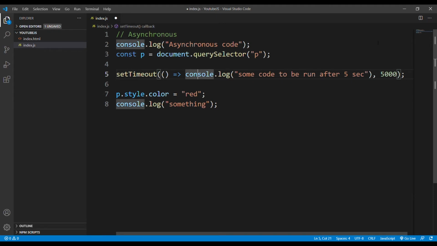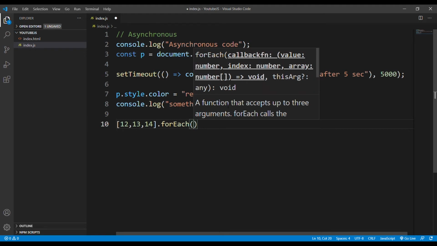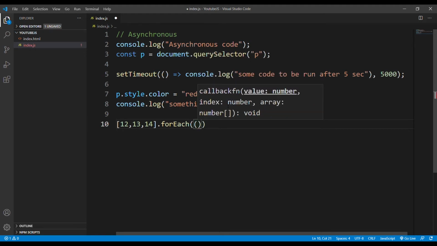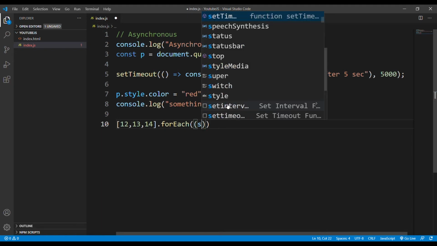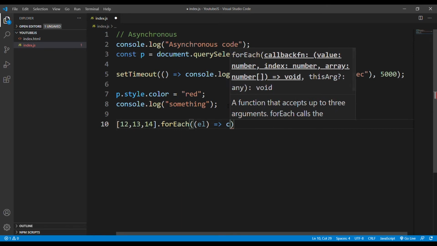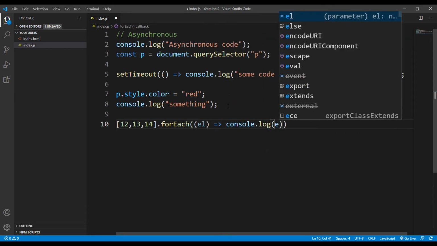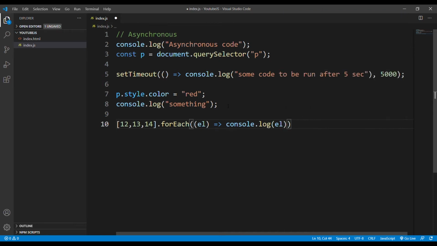Like if in JavaScript we have an array, if I pass something like this here, okay, and I use the forEach function, the callback needs to be passed here also. Okay, so like an element, console.log, but this isn't asynchronous code.